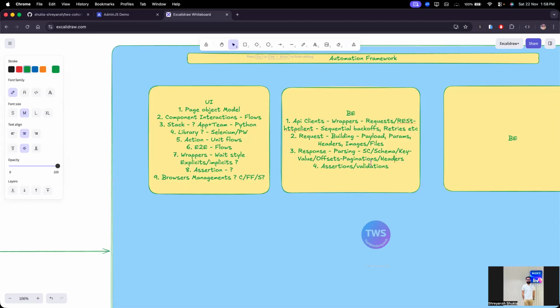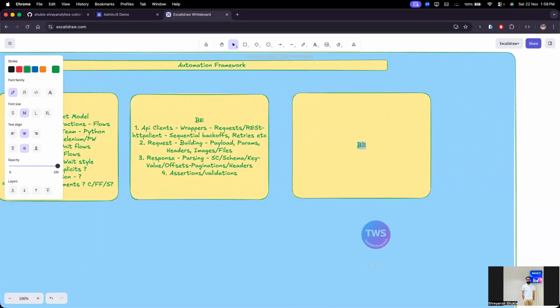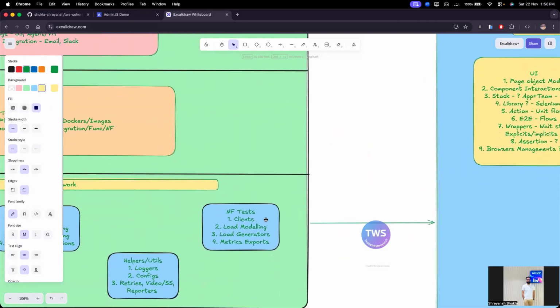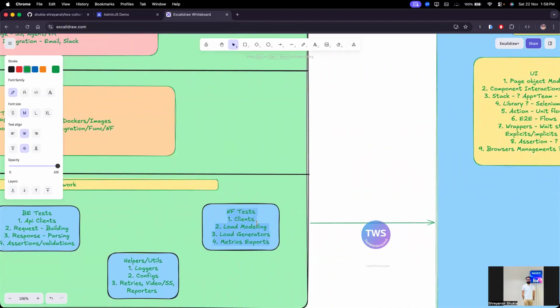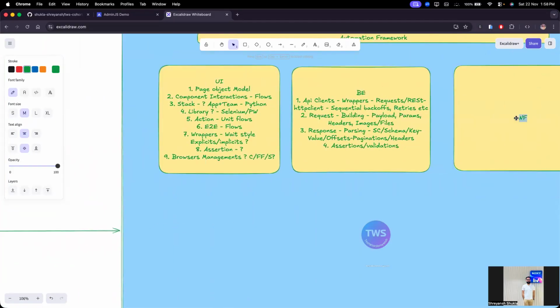Anything that we are missing from backend perspective till this layer? No. Okay, if we have to extend the non-functional layer, what is it that